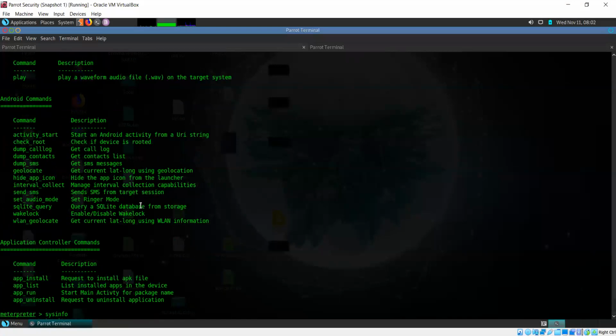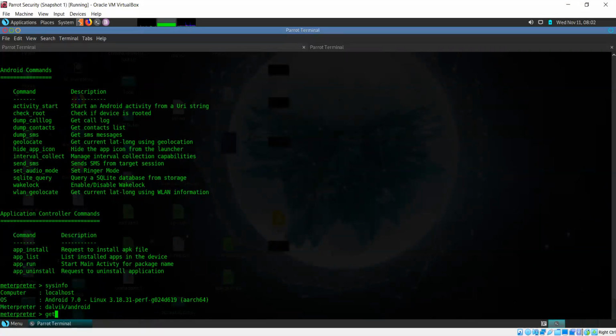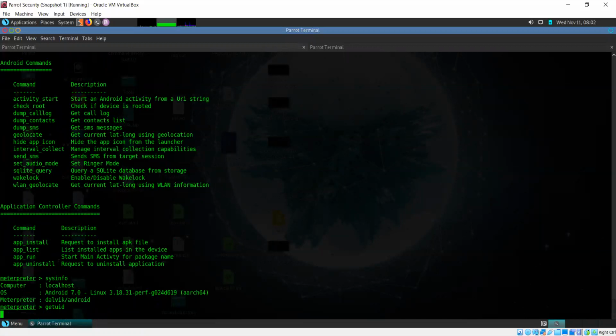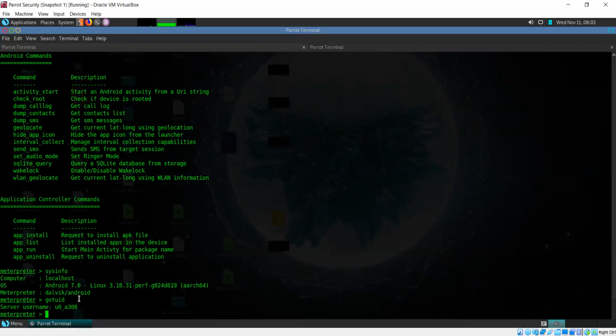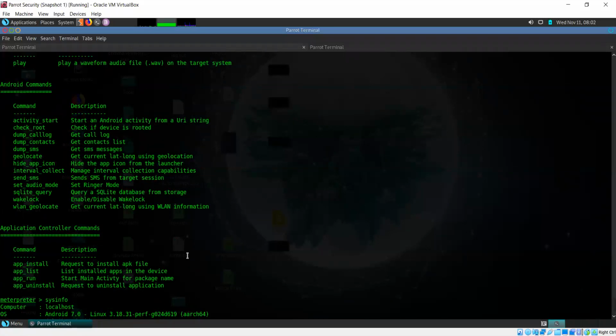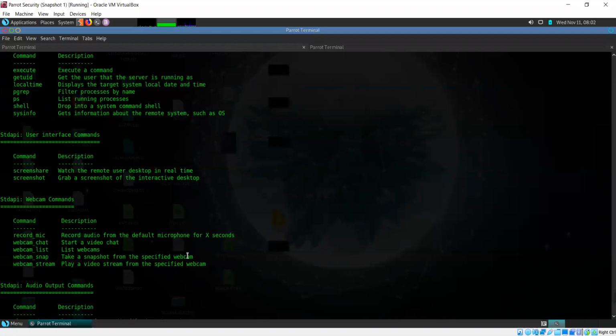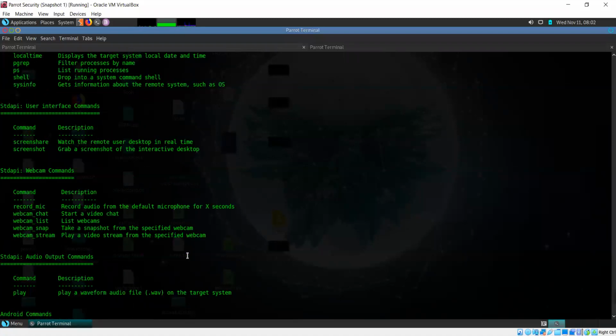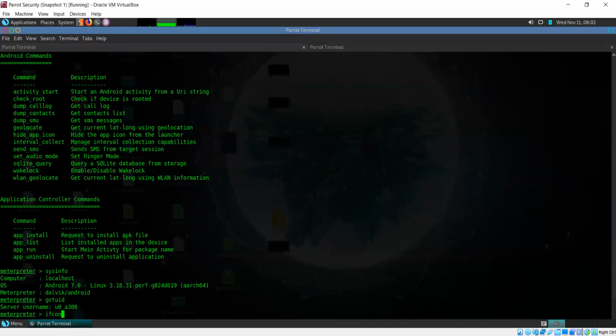Get UID. So let's check what user ID we are running as. So the server username is just some random value, doesn't really matter here. You can also check the network details for interfaces.